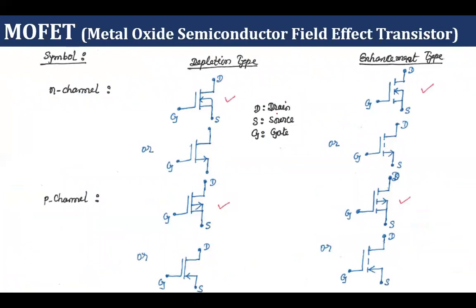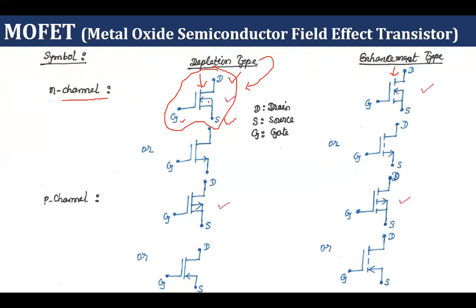These are the symbols of MOSFET. If it is N channel, it will be represented like this. It is having three terminals: drain, source, and gate. And this is depletion type. Just to represent that channel is available by birth, here it is having a solid line, whereas in case of enhancement type MOSFET, it is represented by dotted line, that is channel is not available by birth. Terminals are same: drain, source, and gate.